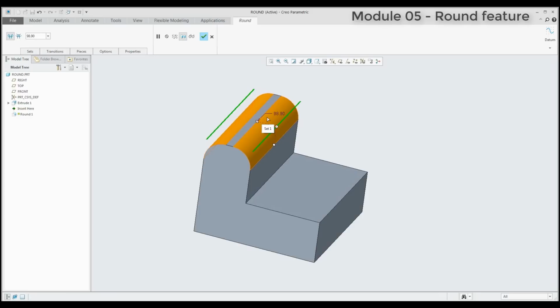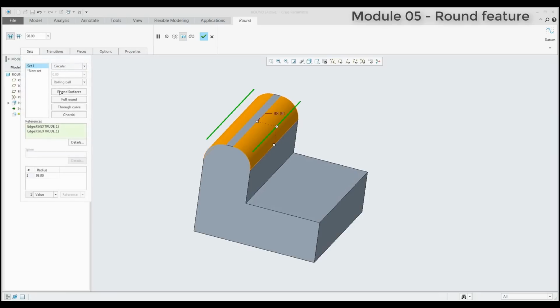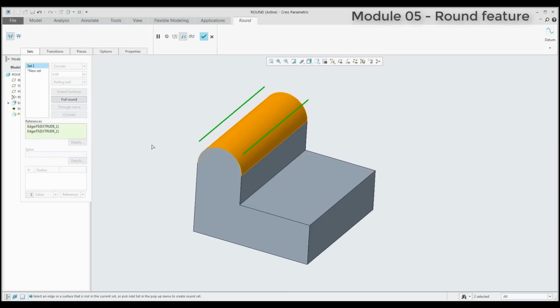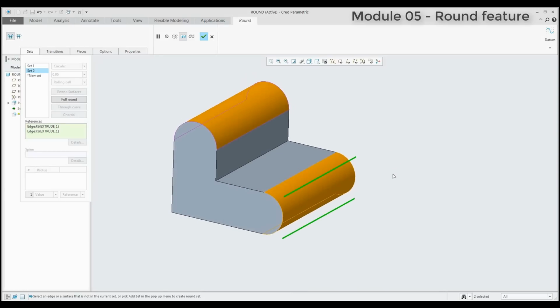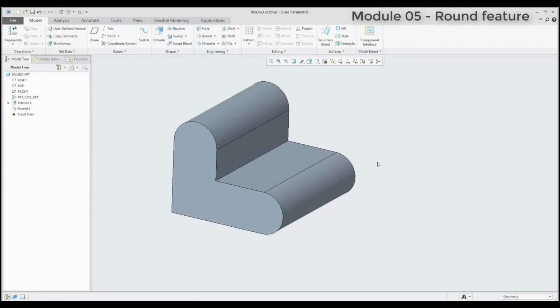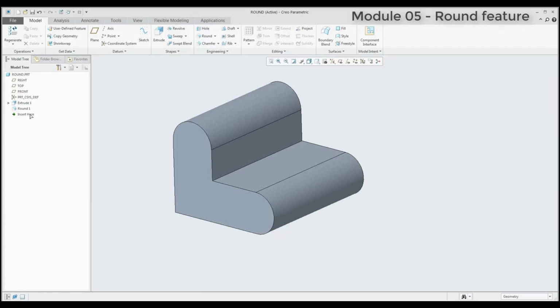You don't need to find the dimension, no problem. You can use the sets, and over there is the function full round. If you select the function full round, the system will create a full round for you. And if you would like to continue, no problem, you can select another edge and control button, and again you can select the button full round or select right mouse button and function full round. So this is my example how I use the full round feature, and it worked for outside edges, or